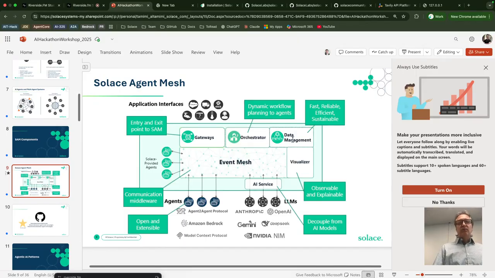Also, we have data management. This is an anti-pattern that I see in a lot of other platforms as well. If you have an agent that generates a big PDF file, what it does in the next step is take that PDF file and shove it into the LLM to try to figure out what to do. That's costing you a lot because you have a lot of tokens going through, but it's also difficult for the LLM to figure out if you give it a ton of data like that.